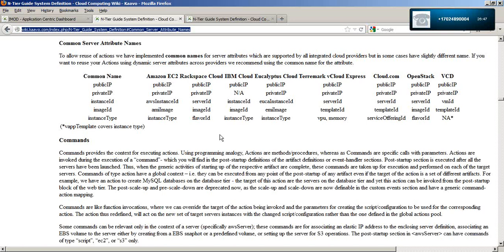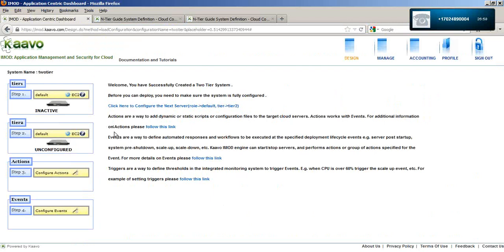Second, while editing standard events, only the ones for the currently active provider gets edited. So currently active provider here is EC2.